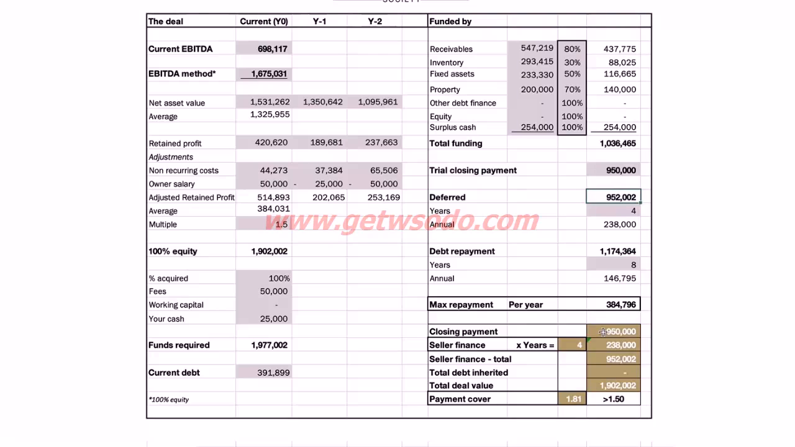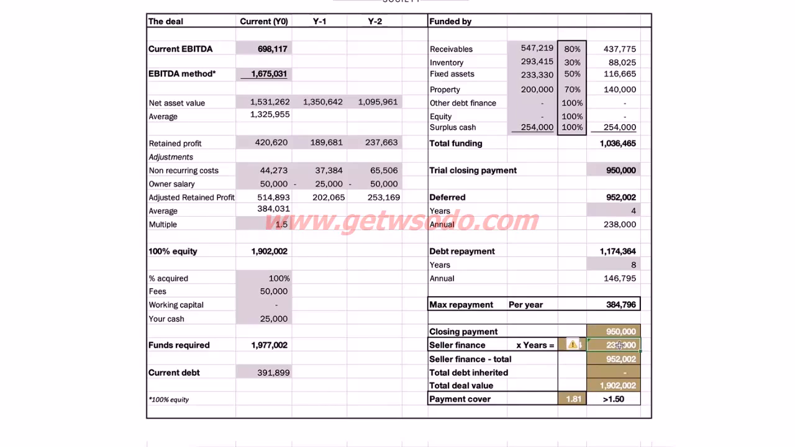Now, to get my payment cover above that 1.5, I've got to do this over 4 years now instead of 3. So if this was over 3 years, we'd be bang on that 1.5 number, which is kind of right on the limit there. And because I'm paying more for this business in this example, I'd like to be a lot more comfortable to do it over 4 years. So it doesn't affect really the cash flow. It just means you're paying for the business for an extra year. So $952,000 and change is the deferred amount to be paid over 4 years